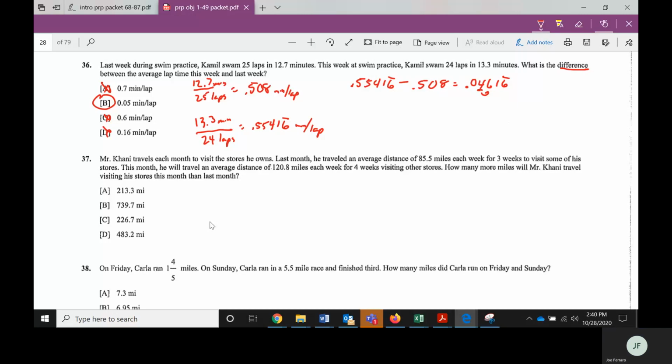Okay. So this month, 120.8 miles each week for 4 weeks. So 4 weeks, each of them are 120.8. Last month, 85 miles each week for 3 weeks. So 3 times he went 85.5 miles. So now we multiply this. 4 times 120.8, we get 483.2 minus the next month, or last month, he went 3 times 85.5. That's 265.5. So now we take the 483.2 minus the 265.5, and we get